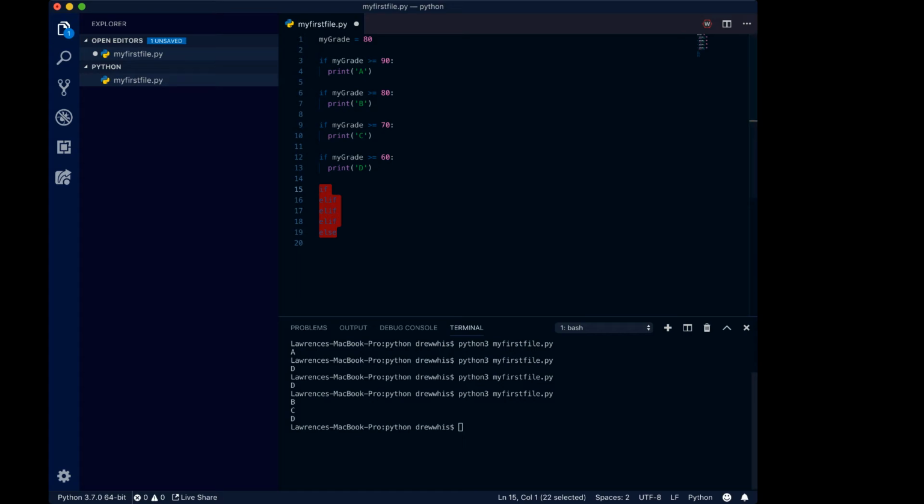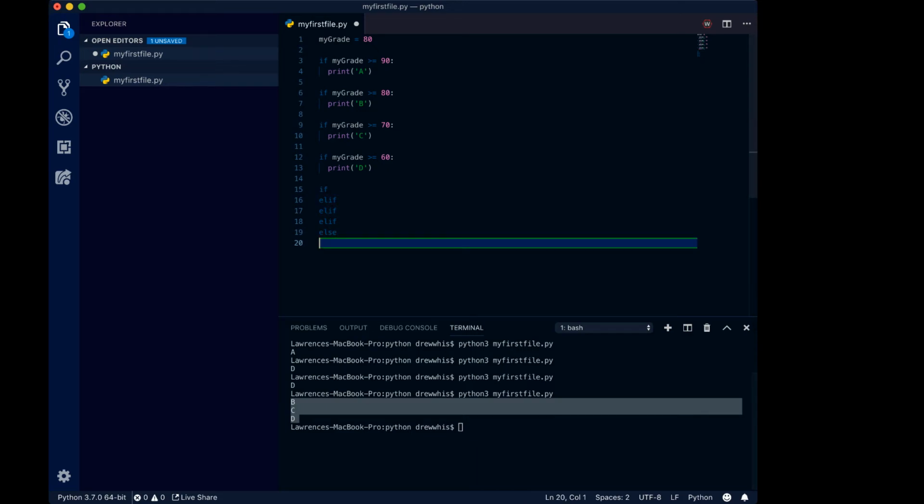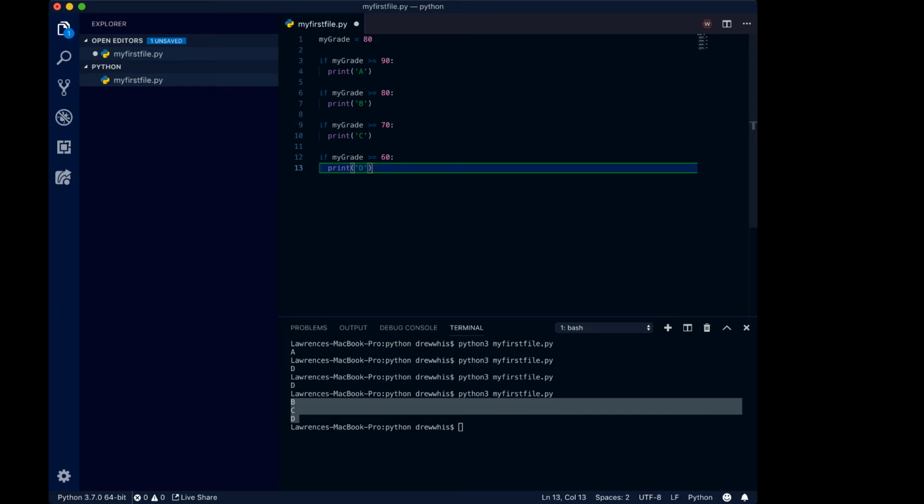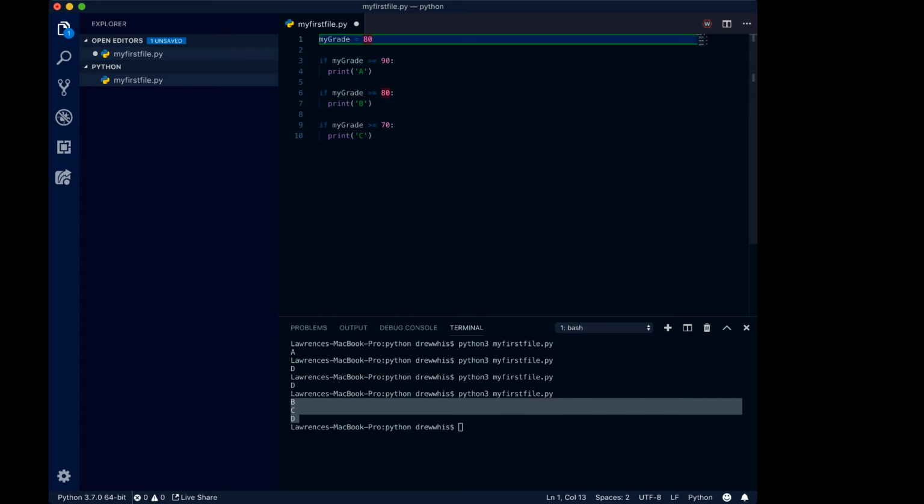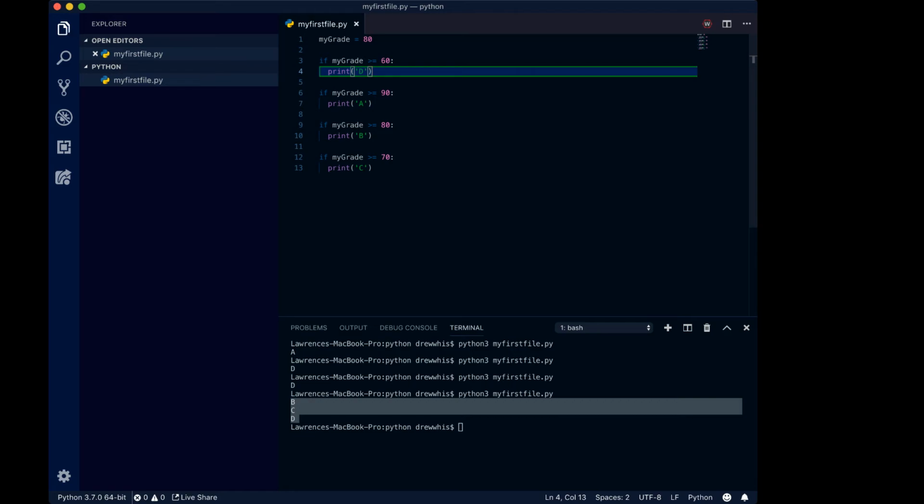So one of the problems here, notice that we did not catch the problem with our code when the number was set to 65. It still worked with D. But when we changed it to something like 80, it stopped working. But remember before we said that order matters here. So if I rearranged everything and I tried to run this with 80 again,